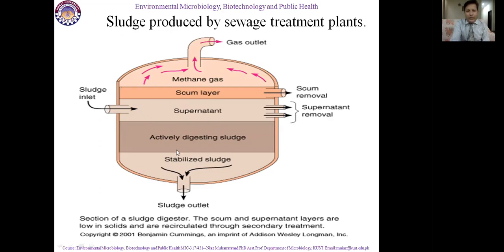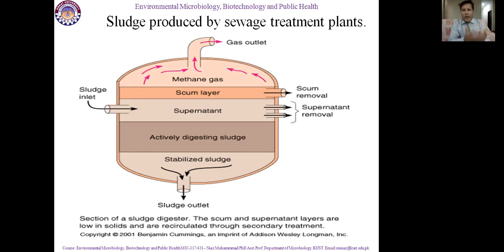Active microbial communities will decompose it in this supernatant portion, and in this portion, and the upper line will be the scum. Anaerobic gas, or methane gas, will be produced during decomposition by the microbial communities and can be collected from here. The scum which forms can be removed from here, and the supernatant, which is clear water almost free from contaminants, can be removed from here, and the sludge can be collected from here. It can be dried and